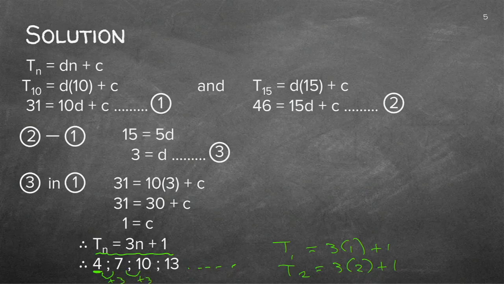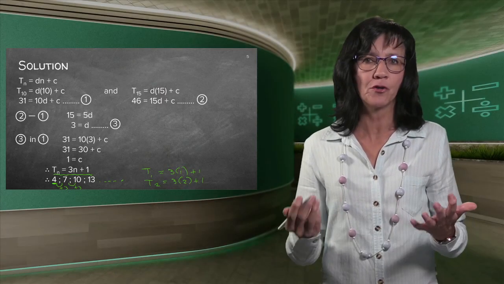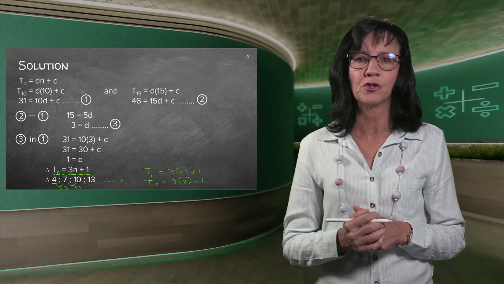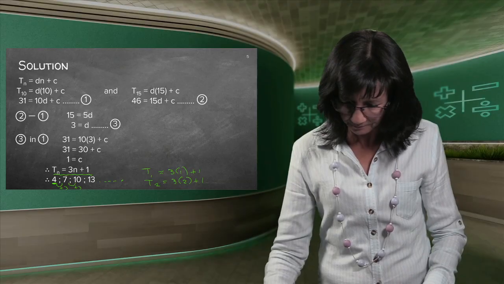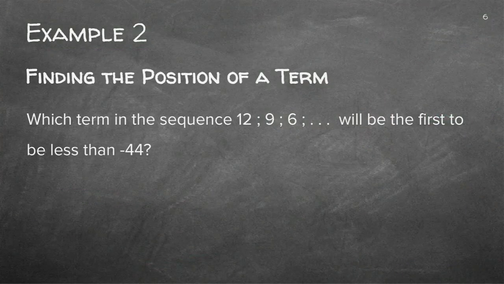So just read very carefully. Don't just assume: they asked the formula and I gave the formula. Make sure that if they ask the sequence as well, that you just quickly write down the first 3 or 4 and just make some dots to show the sequence is actually carrying on. Good. Let's look at another example.